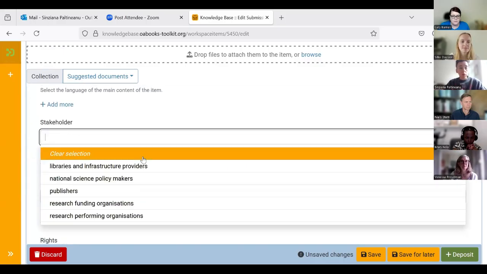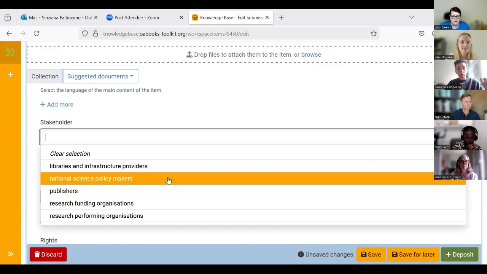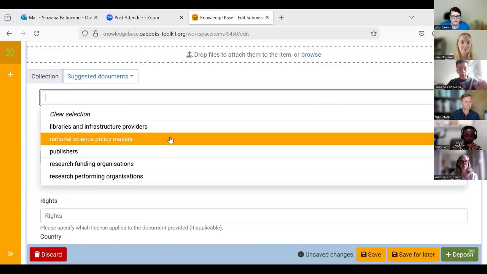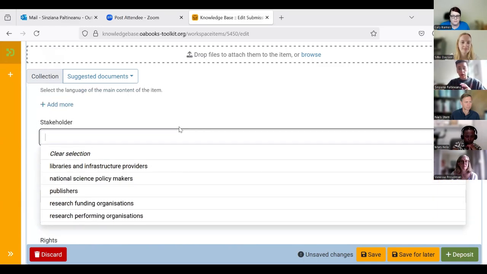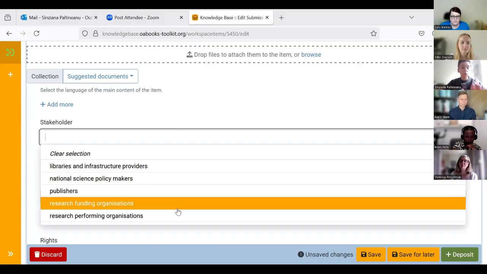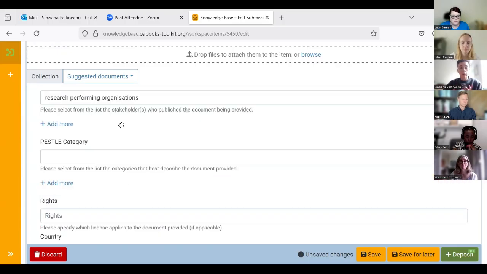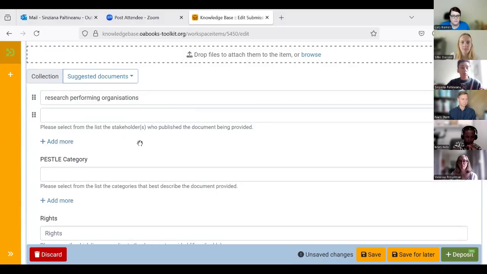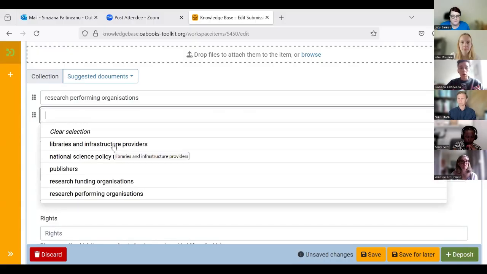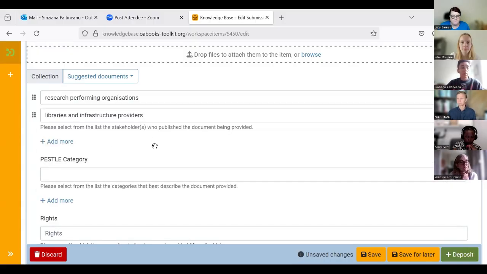Then stakeholder, here you have a drop-down menu, and it is about the category, the larger category in which the author or the organization fits in. For instance, if you have a university, then you would choose research performing organization. And if it fits in more categories, then of course you would select libraries as well, or another category, depending